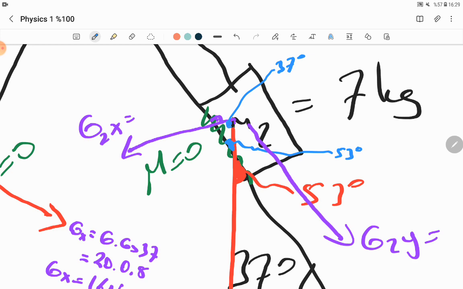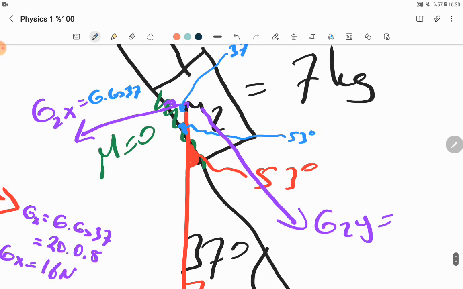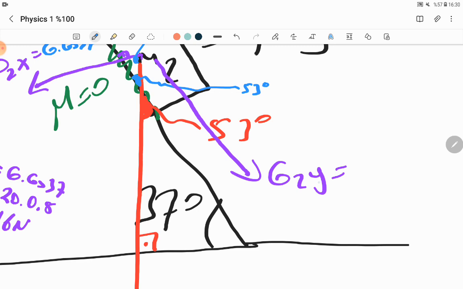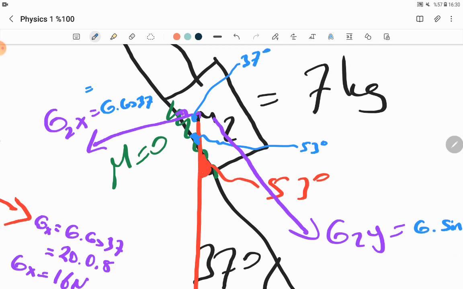If this angle has 37 degrees, we can find the x projection is g multiplied by cos 37, and the gravitational force y projection is g multiplied by sin 37. Yes, and the value of the g